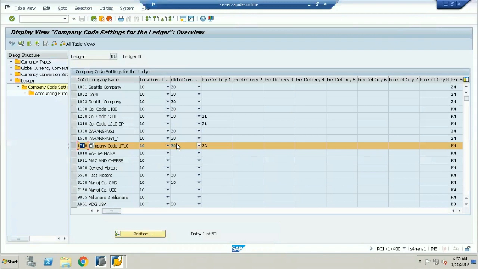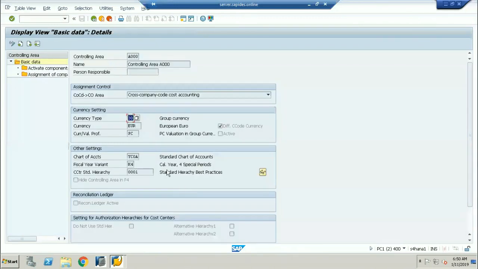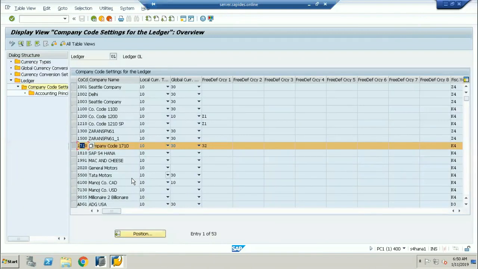Global currency is not a group currency. Very important: global currency can be your group currency, and global currency can also be your company code currency. When you are assigning 10 here, you can assign the 10 currency type when you have only one company code with one controlling area, then I will take the 10 as my controlling area currency, and this will become your global currency.